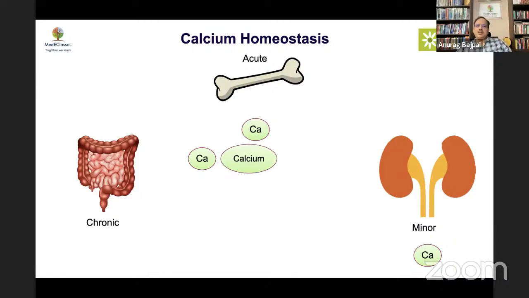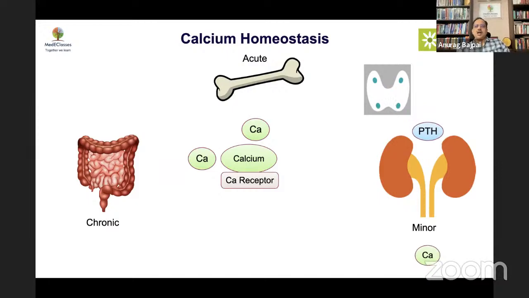Now, when the calcium levels go down, the calcium sensing receptor activity becomes less, and the body senses that we are low in calcium, and the primary player in the overall regulation comes into the picture, which is the parathyroid hormone. This parathyroid hormone has a multitude of effects. It decreases the urinary calcium excretion while increasing the phosphorus excretion.